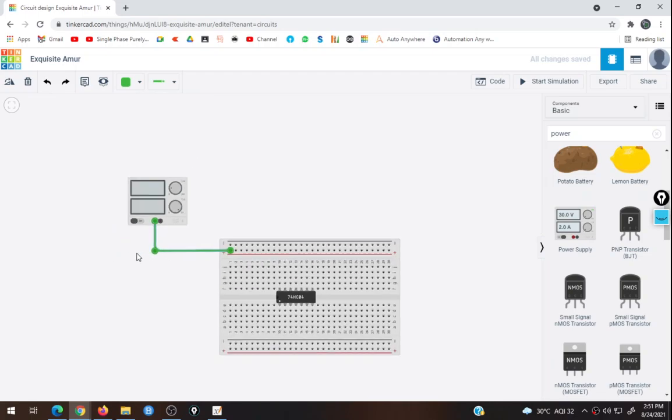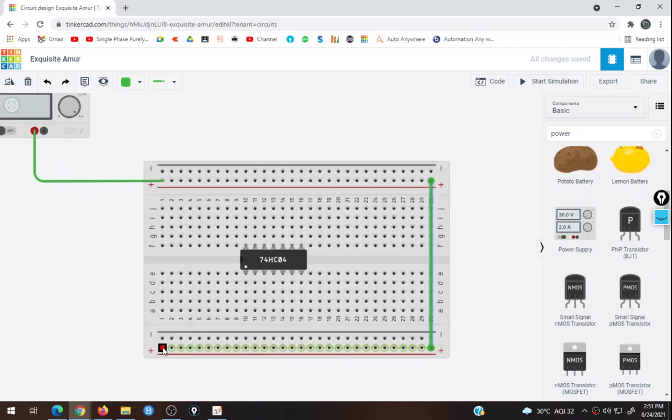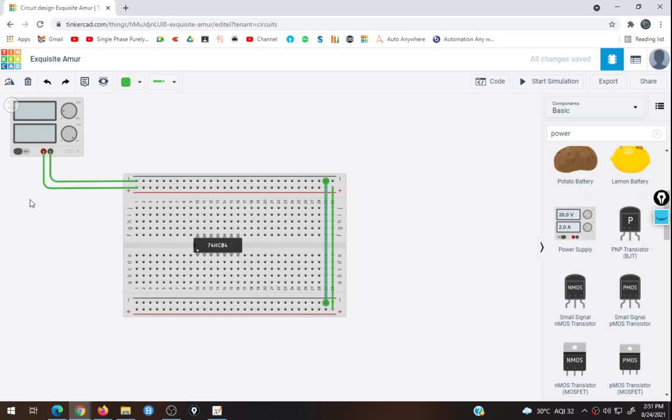So what I will do, I will drag one wire to this terminal. What happens is this complete horizontal line will become plus 5 volt. Okay, and again I will take this line to the bottom. So the bottom line is again your plus 5-volt power supply. Similarly, we will take the negative wire and connect it over here. So this complete horizontal line becomes ground. Okay, and when I connect this line with the bottom ground line, again we are getting two different ground lines, one from the top side and one from the bottom side.